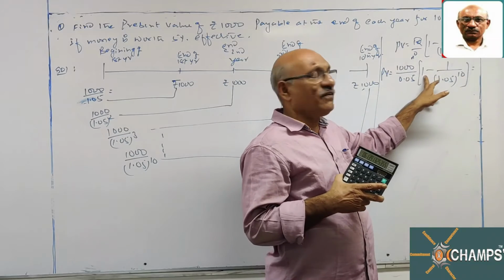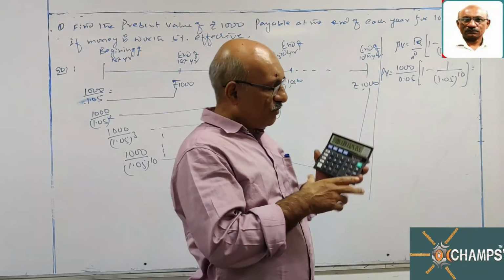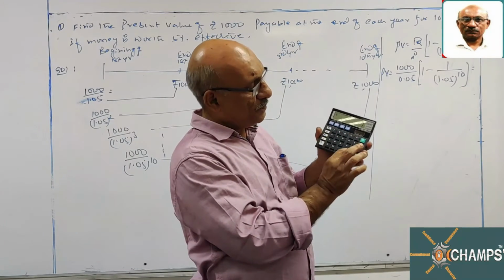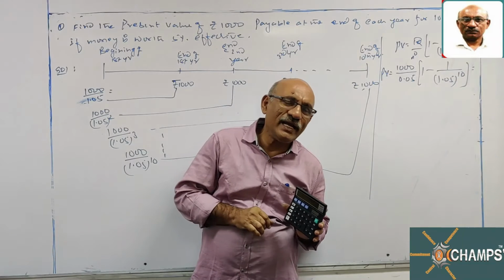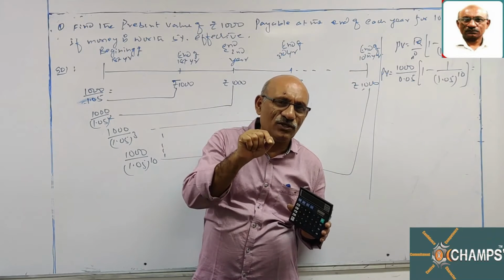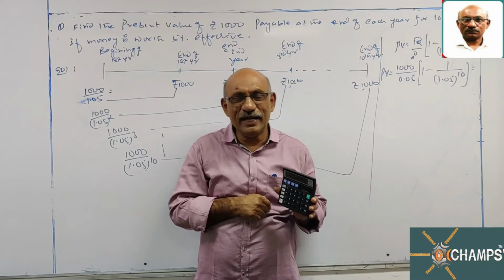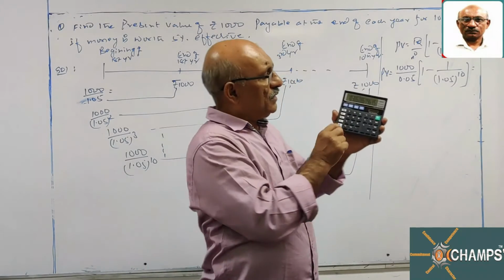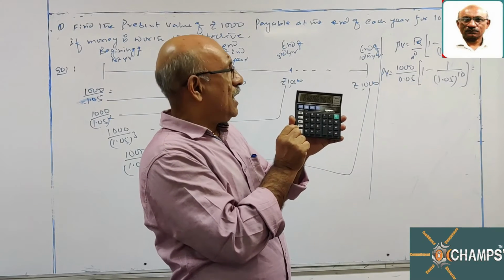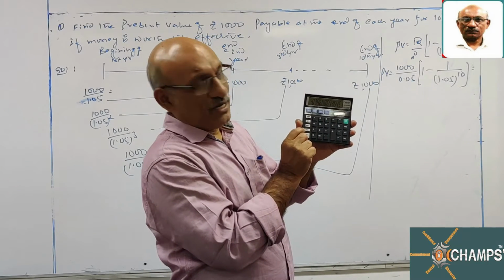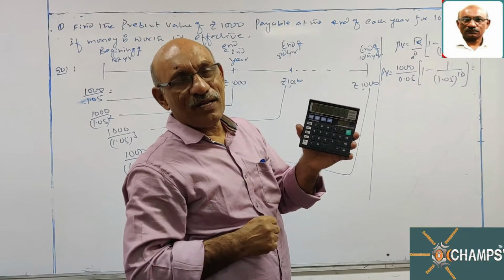This is subtracted from 1, which is not possible for me on the calculator, so I am doing minus 1. I'll get a negative value. In fact, it is a positive value that I know. What will I do here to get that negative value to positive? There is a plus oblique minus button on your calculator. Press this button, and the minus sign is eliminated from the screen.